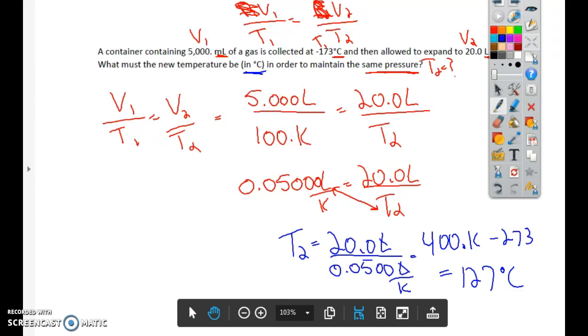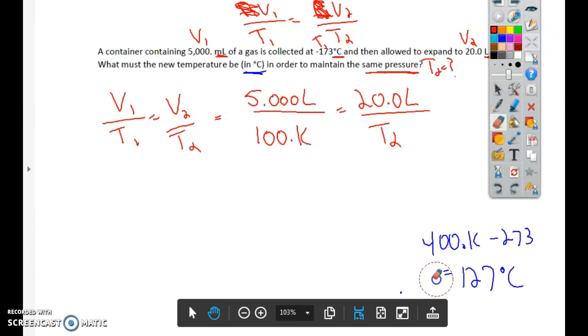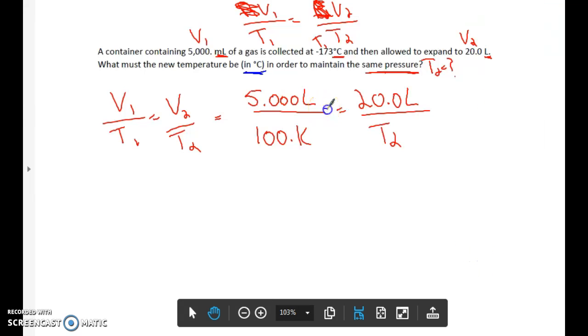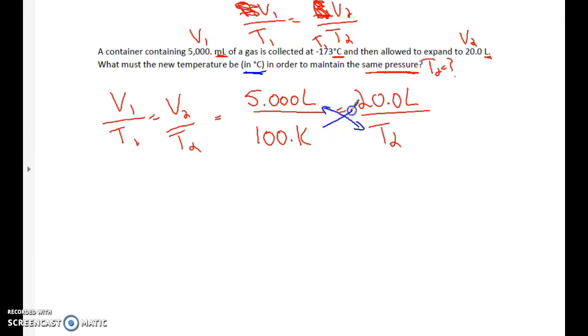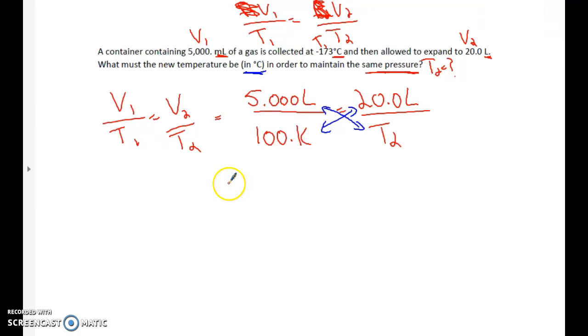All right, now another way people tend to do this, and I'll just do a little bit of erasing here. And again, you obviously don't have to do this problem 2 different ways. I'm just showing you the 2 ways I tend to see it done. You could just do cross multiplication here. So what you would end up getting is 5.000 liters times T2 equals the 100 Kelvin times 20 liters, which gives you